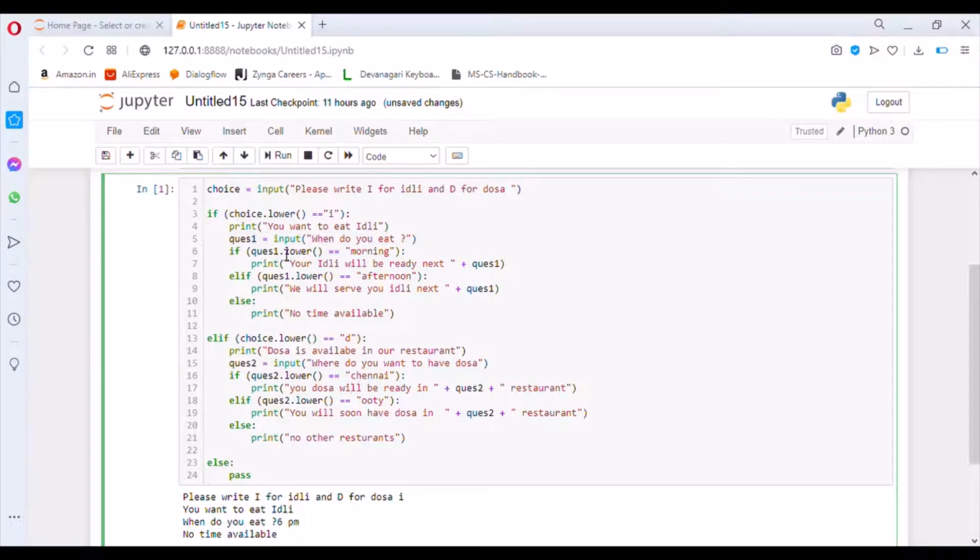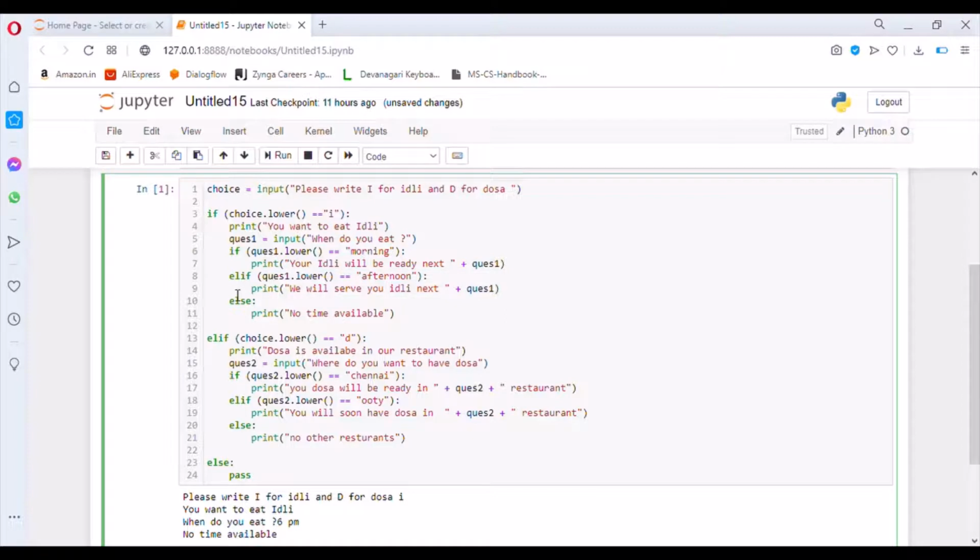So when I wrote 6 p.m., here firstly we have the if condition, which is only satisfied when I would have written morning. So I didn't write morning here. That's why the if condition was not satisfied. And then we have the elif condition. So the elif condition would have only been satisfied if I would have written afternoon. So I have not written afternoon here. So that's why the elif condition was also not satisfied.